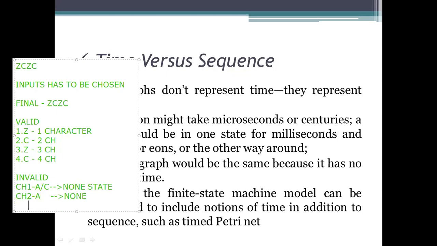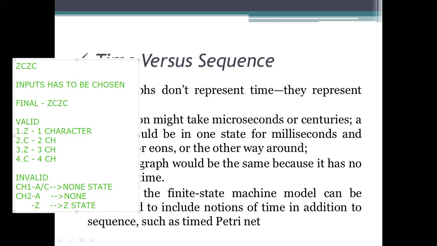If it is Z, then it should restart the counting or the reading of the character string from the Z state.